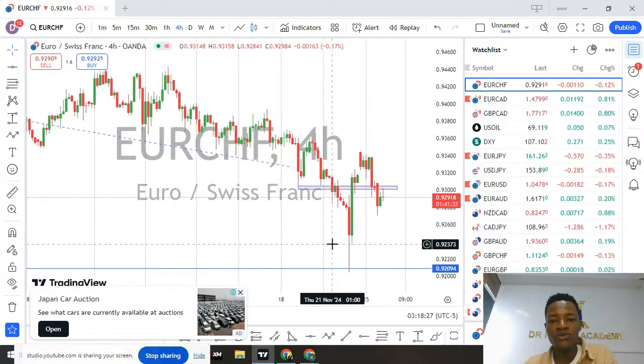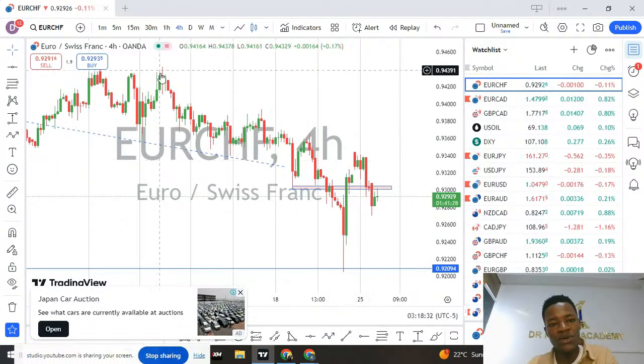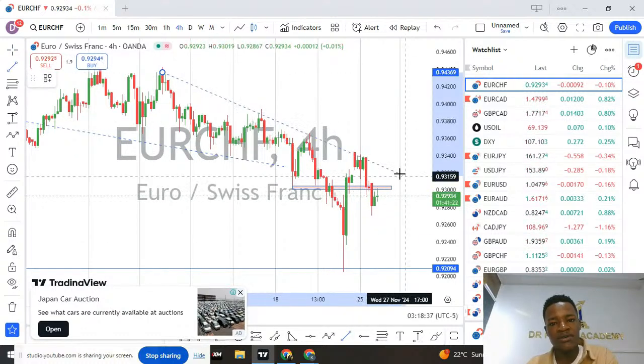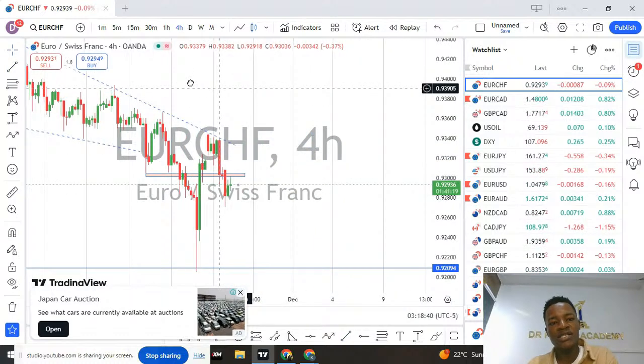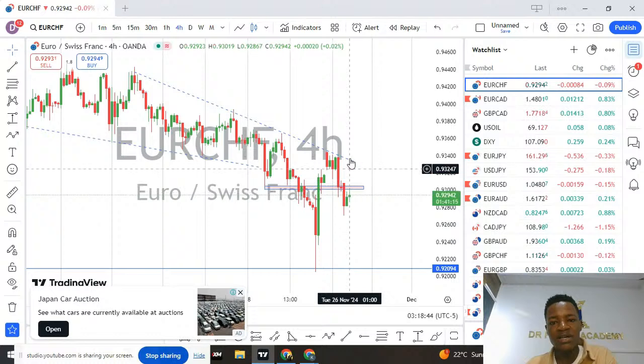But one thing I'm looking for is this market will still continue dropping all the way down here, because there's a long trend and you can see this market is following it. So this is the whole bias of it. You can clearly see there's a whole trend line of this market following these areas, showing us the market is still bearish. But now there's no single entry, because if we had an entry here, our stop was supposed to be here, meaning that's a big risk for us to have an entry at this particular level.